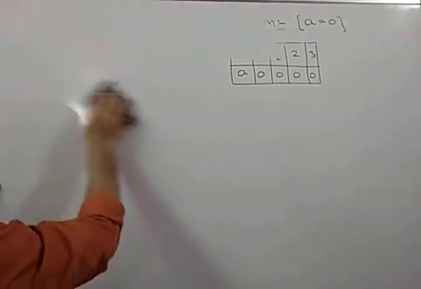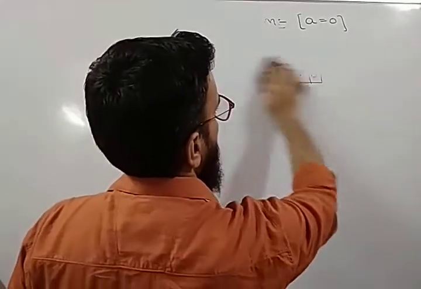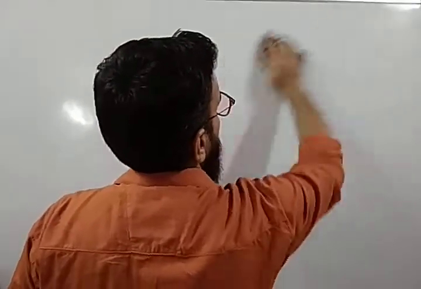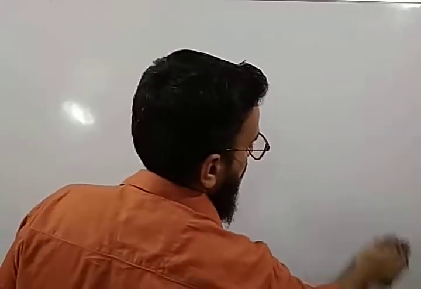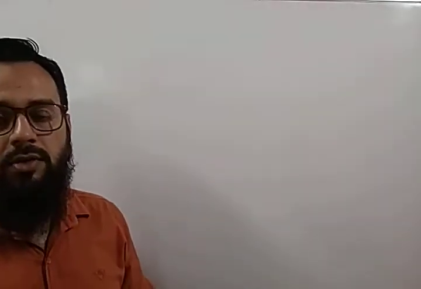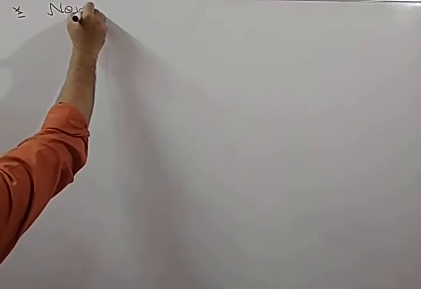I told you there are two types of non-uniform motion. The first one is uniformly accelerated motion, and the second one is non-uniformly accelerated motion, which is not in your syllabus. So in your syllabus, it is only uniformly accelerated motion, which is a part of non-uniform motion. So we are starting with non-uniform motion.